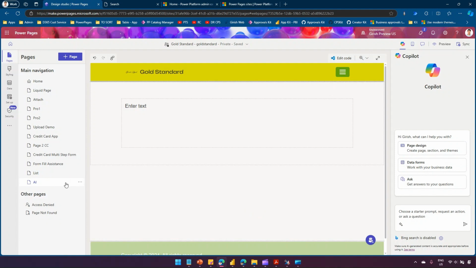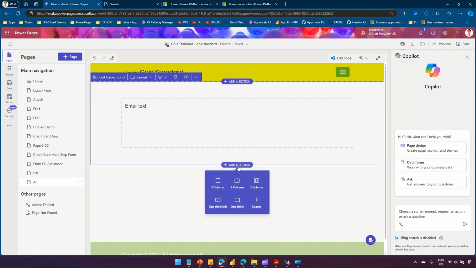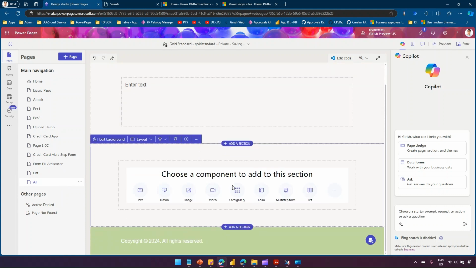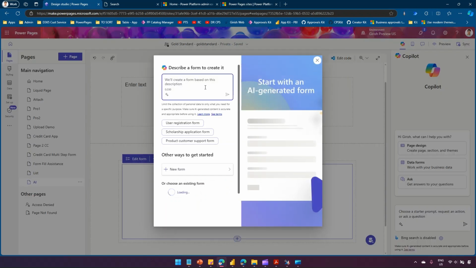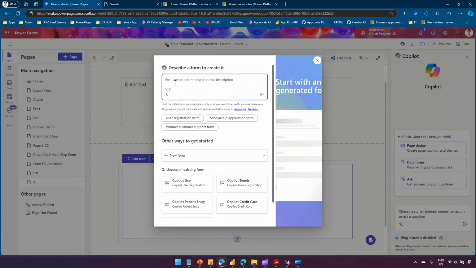Now, the next option, what we can do with AI, is in this particular page, I will add in another section. And here I will make use of, say, form. Now, with the help of form, we can generate a form. So, if I want a form to be created automatically, then I can select either of the options, like the user registration form or the scholarship application form, or maybe I'll just say create a form for training